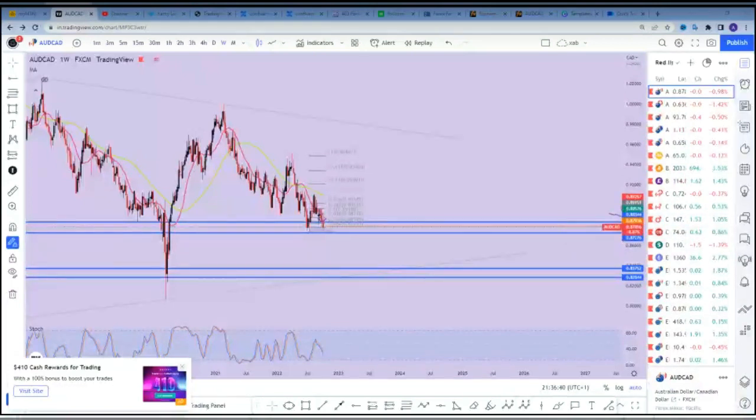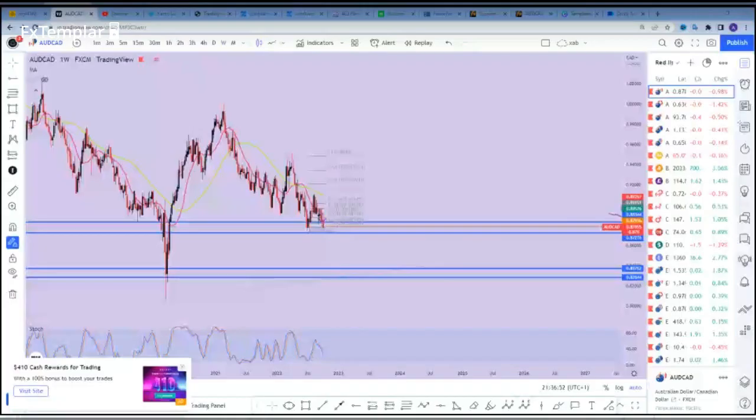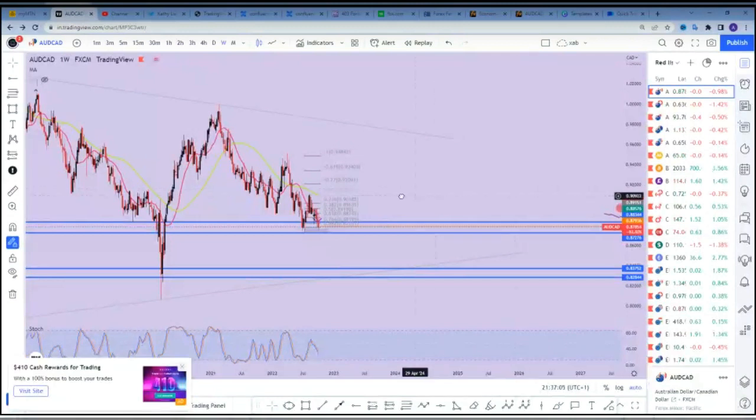So the purpose of tonight's session is to help you understand, first of all, what an edge is, and thereafter, we'll be able to start talking about how you can actually figure out your own edge in the financial markets. So having said that, let's get right into what we're going to be talking about tonight.